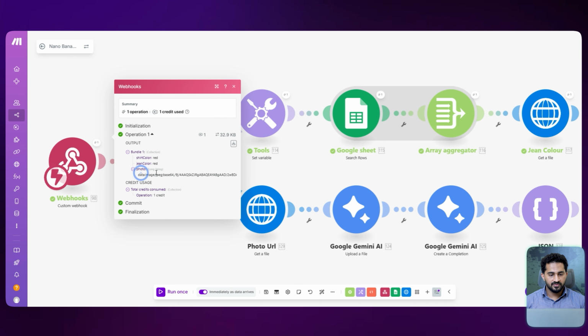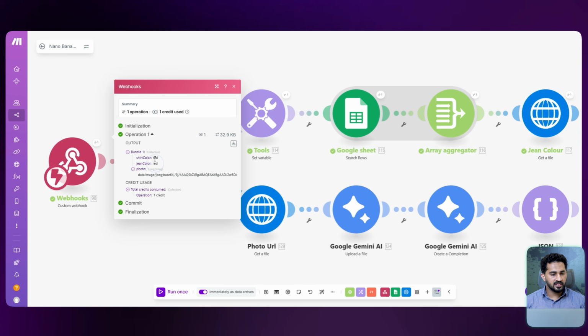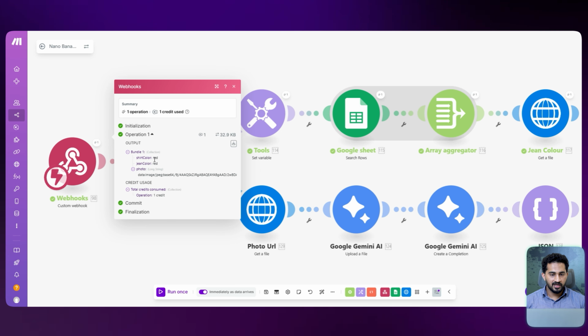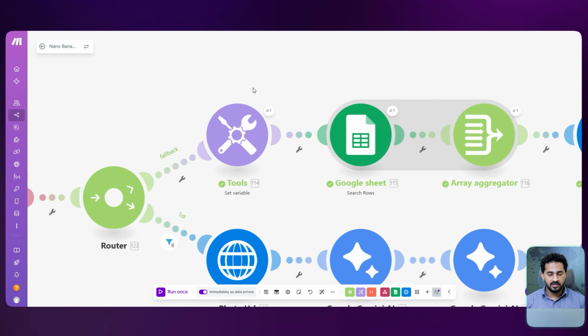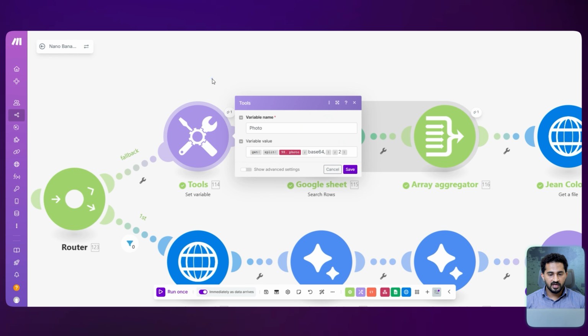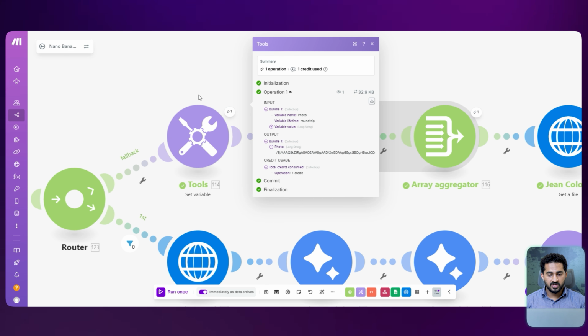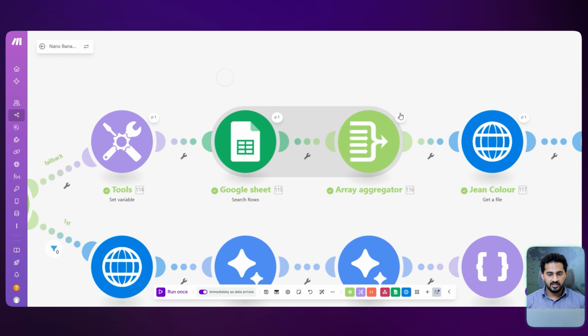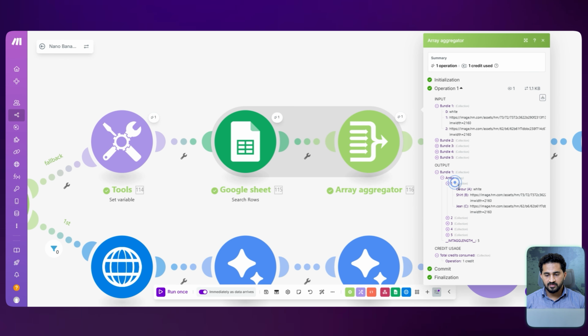We got the photo that we uploaded in a format. From this we are extracting the image URL properly, and the chosen shirt color here we can make it a code as well. If you have hundreds of items, it's better to go with a code when we develop this for real operation. And we are getting the image URL here. You can see the photo URL we got, and we have created an array here. This is the array structure. We got all the items. We have a total of 5 combos,